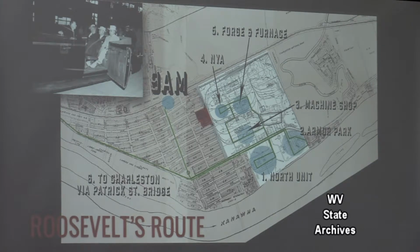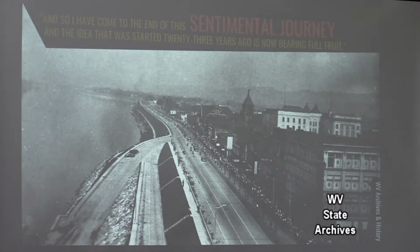From there, the motorcade pulls out onto Route 60 and proceeds to cross the river via the Patrick Street Bridge, swinging east onto the brand new Canal Boulevard. They go all the way down to the South Side Bridge and cross back to the carriage house, where Roosevelt